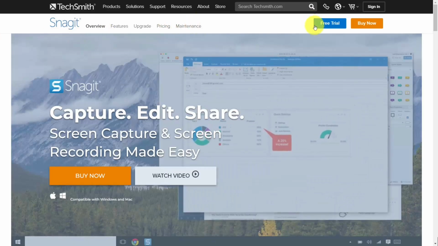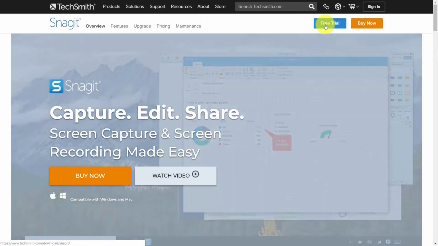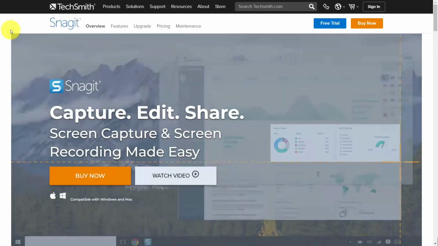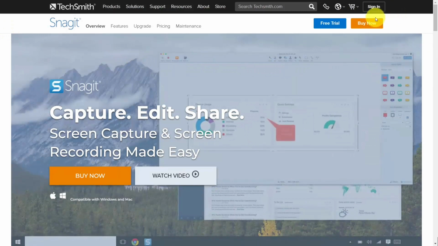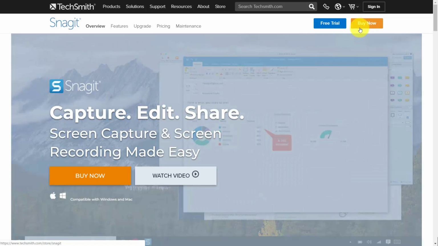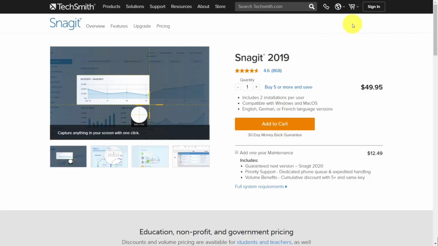Welcome back. In order to start with Snagit, you can start with the free trial. This will allow you to download a full version of Snagit for 15 days. Or if you already know that you want the program, you can go to this button and buy the program outright. As of the recording of this video, the current version of Snagit is